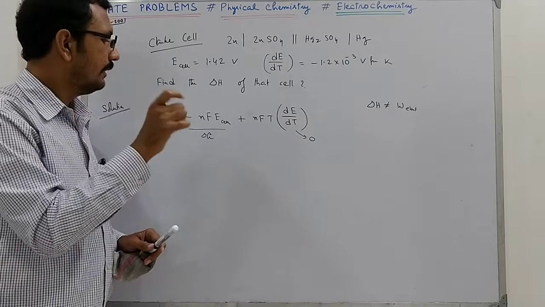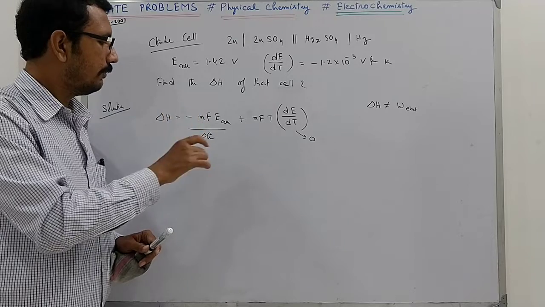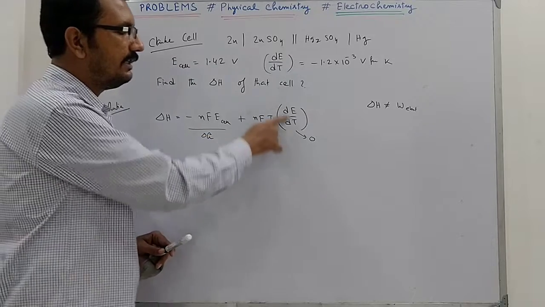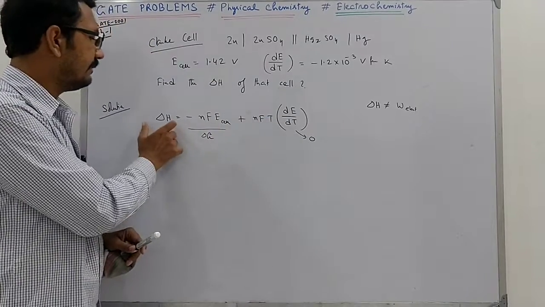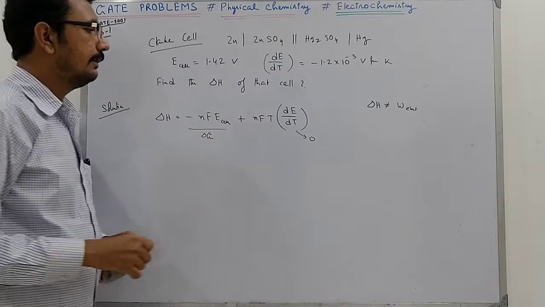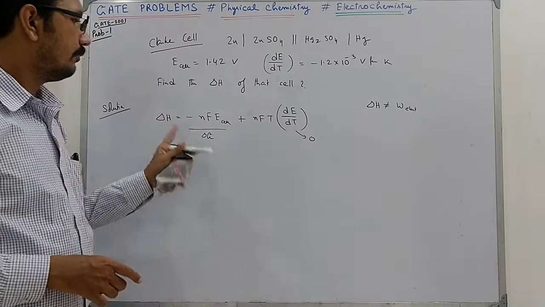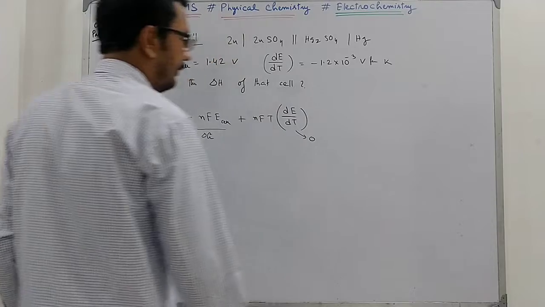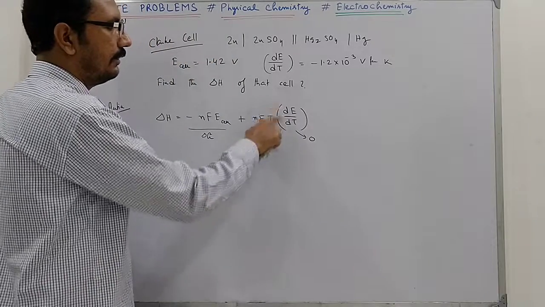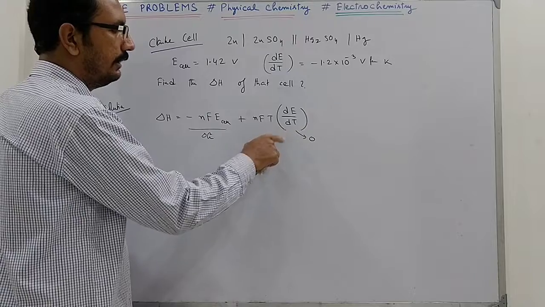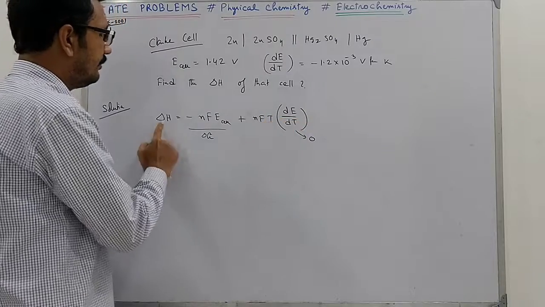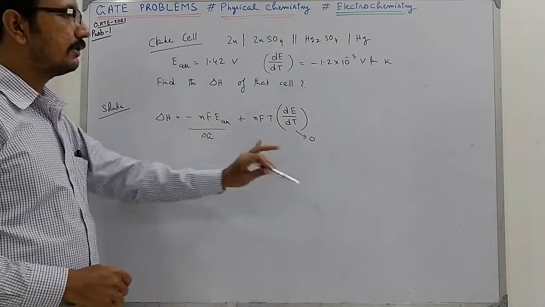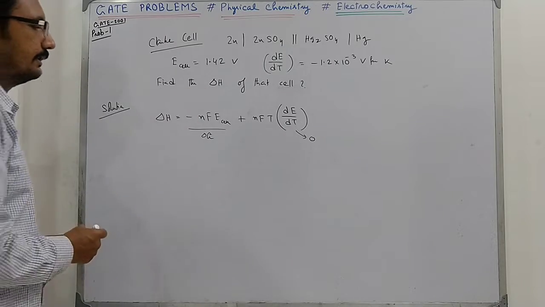The generic source is actually the del G, and in this condition where dE by dT tends to 0, you are just getting that del H is equal to del G, but that is not generically equal. So if such question comes, you just simply say that for the galvanic cells where the temperature coefficient is negligibly small, then this term will almost vanish, and then we will get electrical work to be almost equal to the enthalpy change. But for this problem, this is not the issue. I have just discussed a different topic.